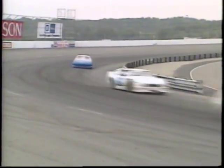The weather has not been a factor so far. In fact, the sky is beginning to clear just a bit. That'll take one more worry out of the back of the mind of these drivers. One car running slowly through the tri-oval as the leaders go by. It's the Sylvain Metivier car running very slowly. Appears to have no power under the hood. He's going to coast his way back to the pit area. Sylvain Metivier, the Canadian competitor in the Pontiac car number 82, dead in the water, just rolling his way back